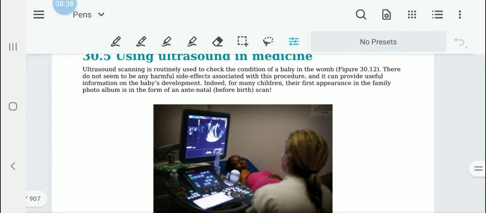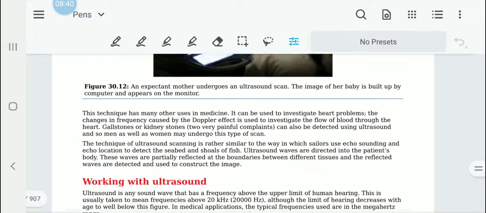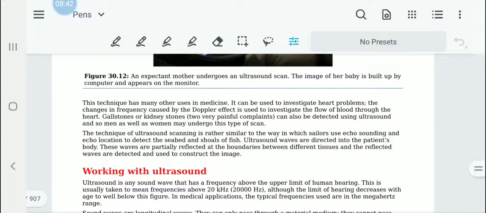Usually it is considered to be very safe. For example, there are other uses for this as well. For example, heart problems can be detected. Now,